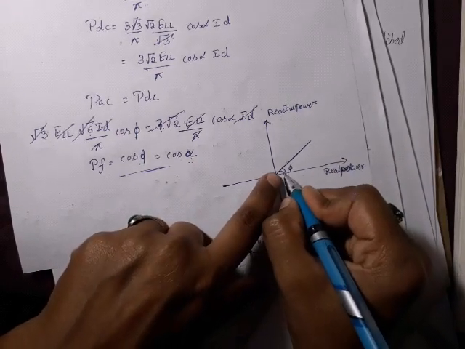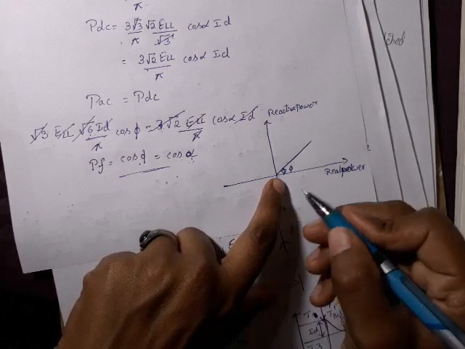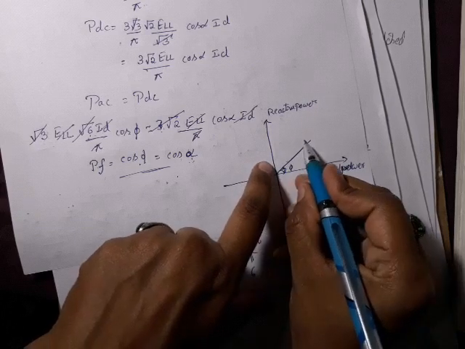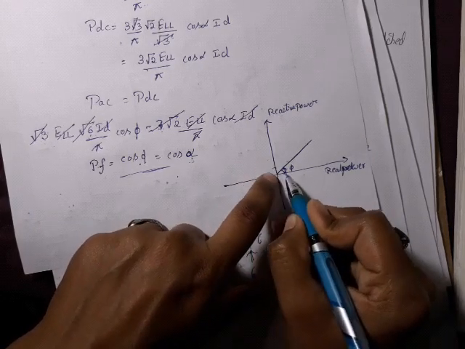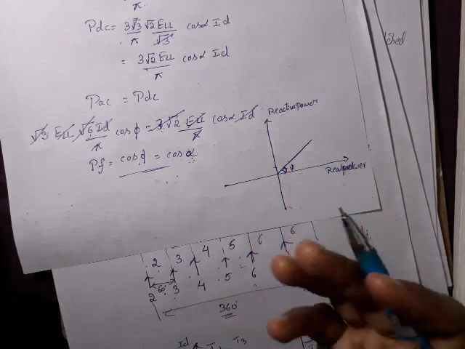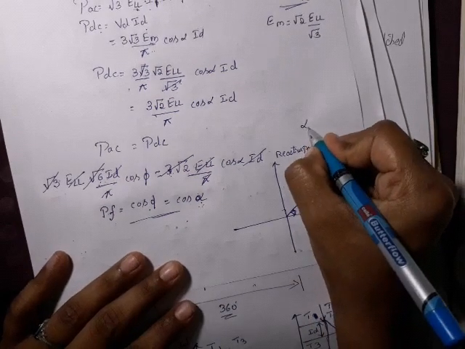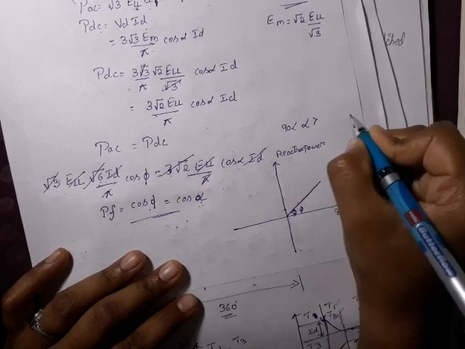As you increase the value of alpha, phi also increases. So when this is 0, it means complete real power consumption, no reactive power. As alpha increases, phi also increases, meaning there is a small consumption of reactive power. When alpha becomes 90 degrees, there is no real power, so complete reactive power consumption. So when alpha is equal to 90 degrees, what happens to the output voltage? Output voltage will become completely 0. We should not maintain that condition. We never make the value of alpha equal to 90 degrees. We have to operate alpha either less than 90 degrees or greater than 90 degrees.